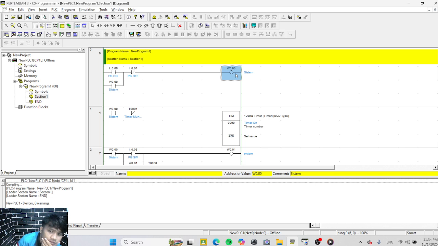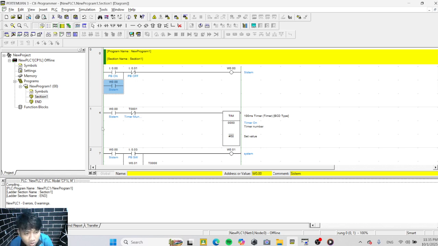Next, the output system, address 10.00. Back to the schematic, click new contact, or press C on the keyboard, add system, and click 10.00, with the comment system.